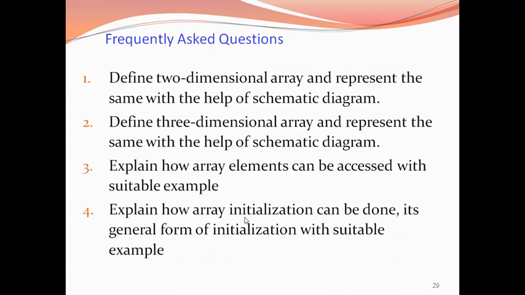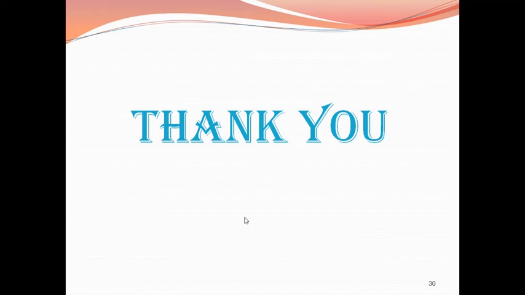Third, explain how array elements can be accessed with a suitable example. Fourth, explain how array initialization can be done. Give the general form of initialization with a suitable example program. These are the frequently asked questions from the topic. Okay, thank you.